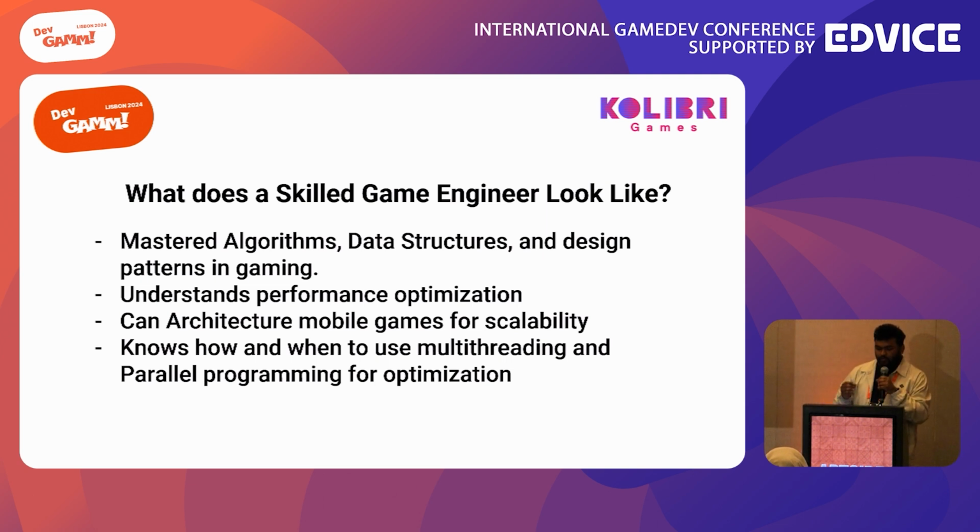And lastly, know how and when to use multi-threading and parallel programming for optimization. This is a very tricky part, because Unity doesn't let us work on the main worker thread that much. I'm talking about Unity because that's what most mobile game developers use, but it's also the case with Unreal Engine. If you know how to leverage your other threads, you don't know how much more you can achieve. It brings new performance for you. And personally, I have been doing that a lot.